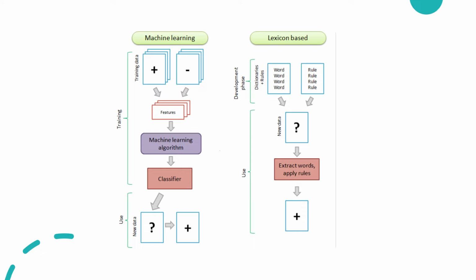Next is the machine learning approach that I'm focusing on this trimester. We can see from the graph the key difference between the dictionary method and the machine learning method. Firstly, we need to have a labeled dataset to train our model. In our case, it is sentences with positive or negative sentiment labels.